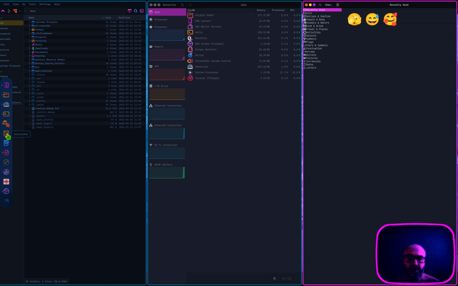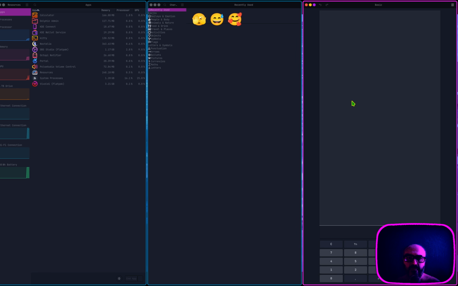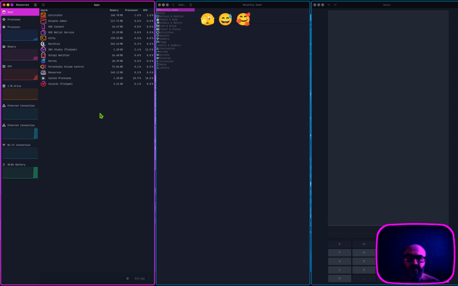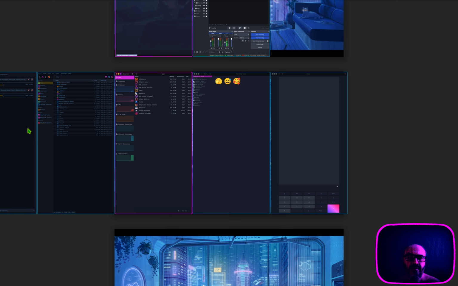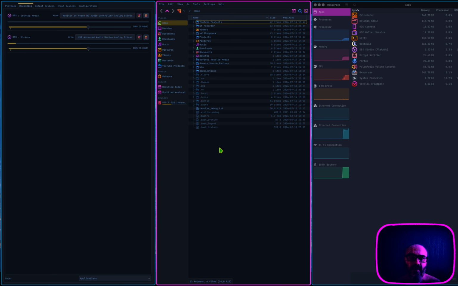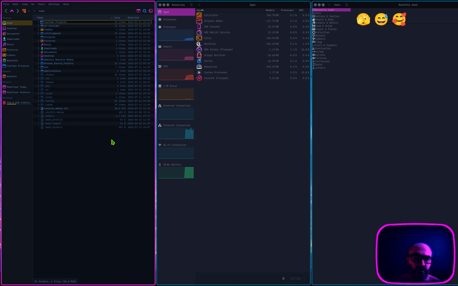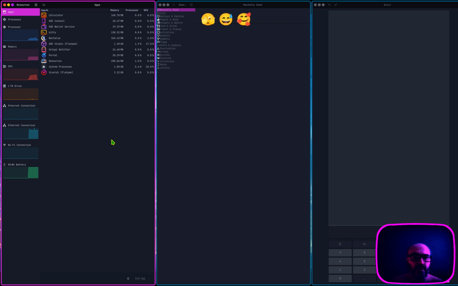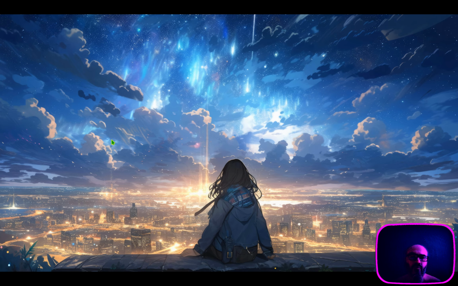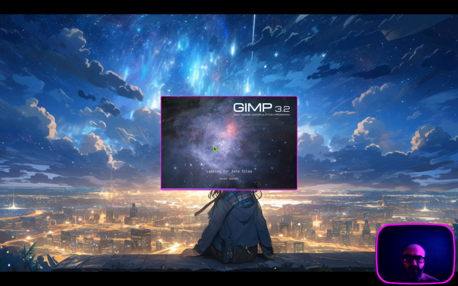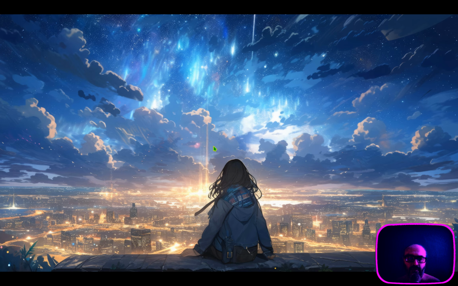I will show you very soon. Here, as you can see. And it doesn't matter if the apps are Flatpaks or native or whatever technology they used to be created by their developers. And the same, of course, with the more complicated apps. Let's go with GIMP, for example. The same is true.